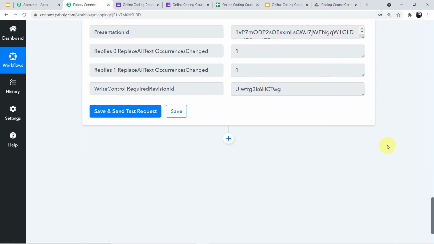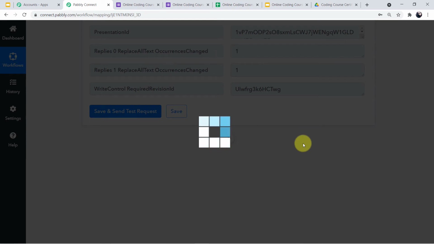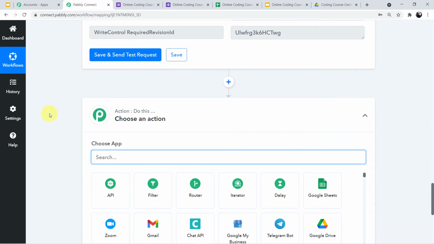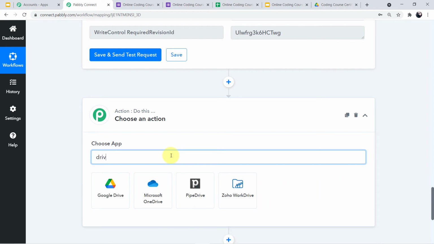Now we will hop on to our next process, which is integration of Google Drive with Pabbly Connect. For that, you have to click on this plus sign. Guys, why are we integrating Google Drive once again? Because I have created the folder there and the certificates will be saved there, and from there they will be sent on WhatsApp. So for that, you have to come to the search field. Here you have to search for Google Drive.